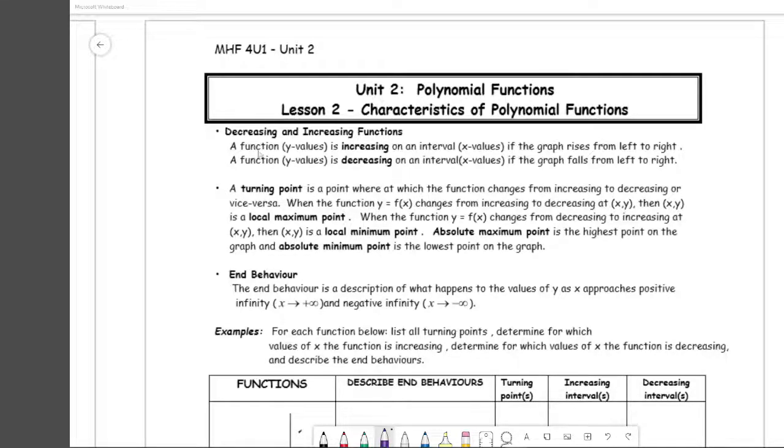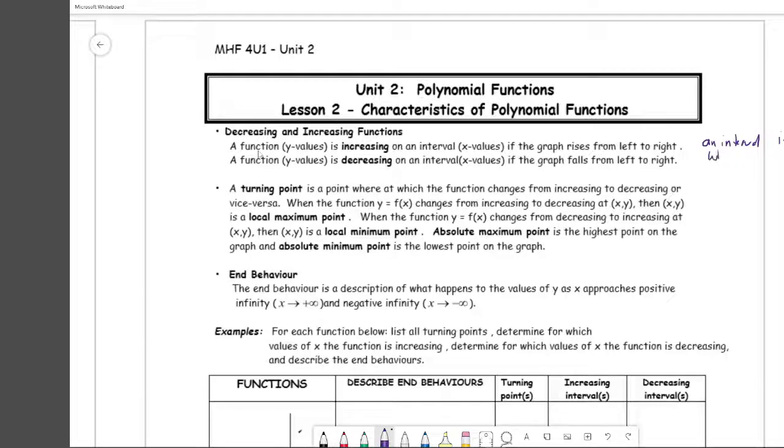So let's start with this concept here, that a function might be said to be increasing or decreasing on an interval if the graph is rising or falling. Now, this is not a bad definition here, but an even better definition would be something like an interval